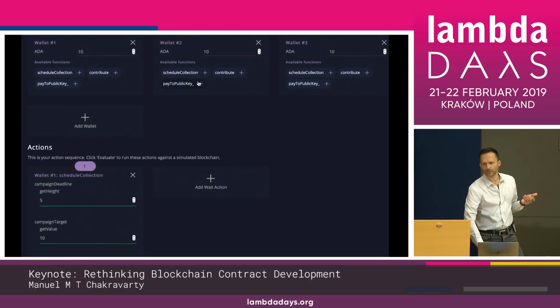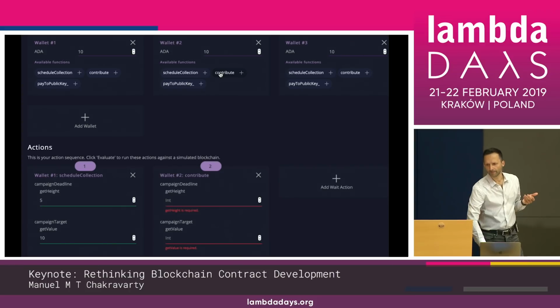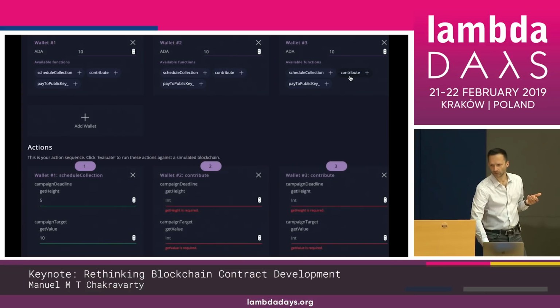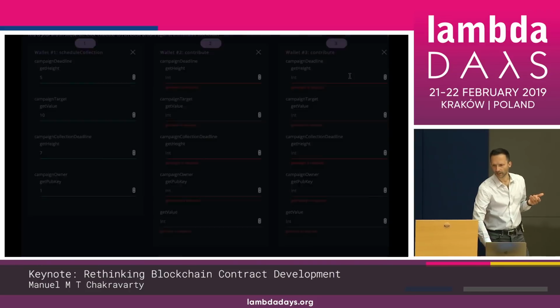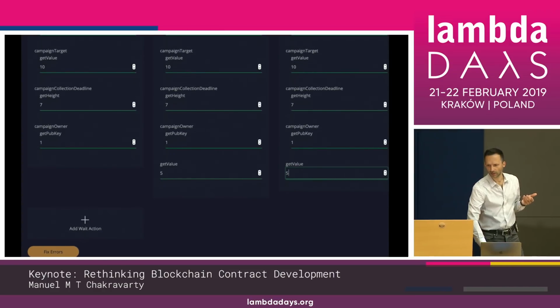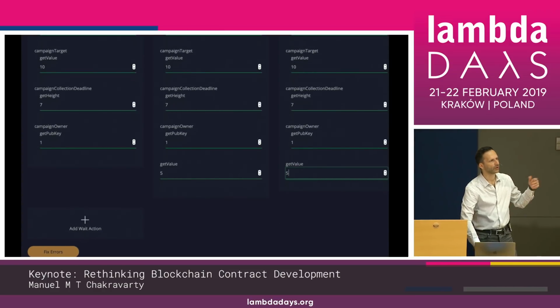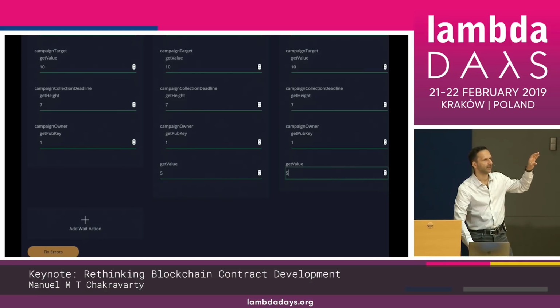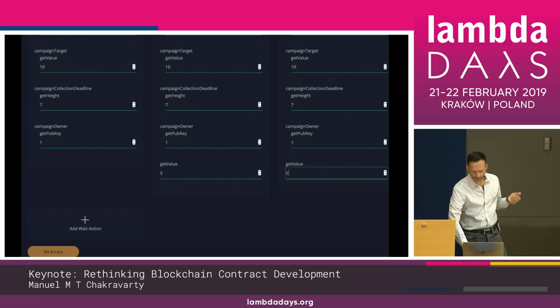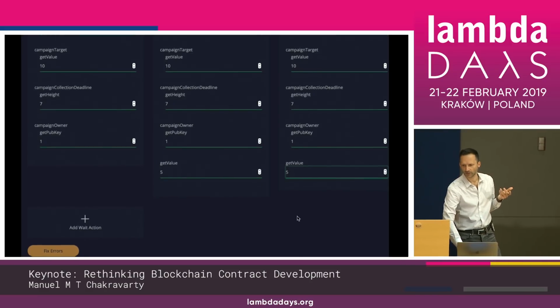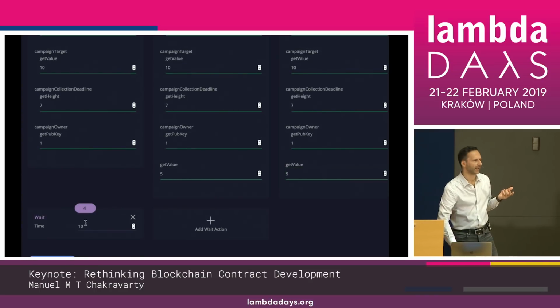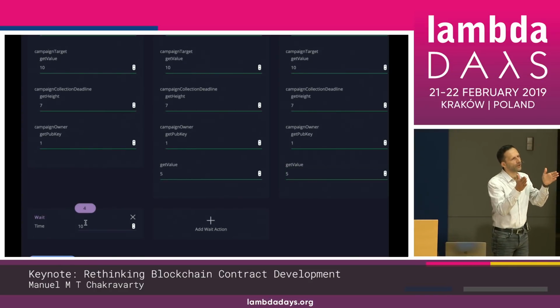And then as 2 people who contribute, we also add 2 actions, and I'll spare you me filling in the form. And both of them, so the target here is 10 ADA, and both of them contribute 5, so the campaign should be successful. And then we also need a wait action, because the campaign runs for a certain time.